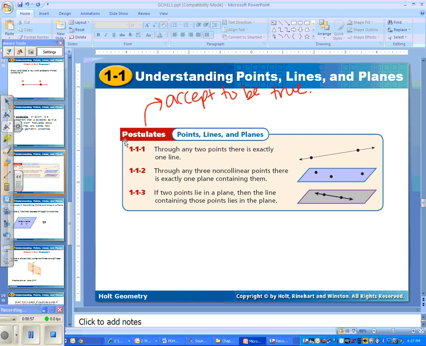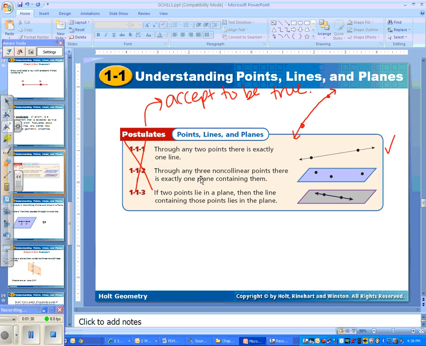So these numbers mean absolutely nothing to me. You do not have to memorize these numbers. But here are some postulates about points, lines, and planes. The first postulate, or truth that we accept, is that through any 2 points there is exactly one line and only one line. So to test it, can you draw 2 different points and only draw one line? I can. So sweet. I'm going to accept that.